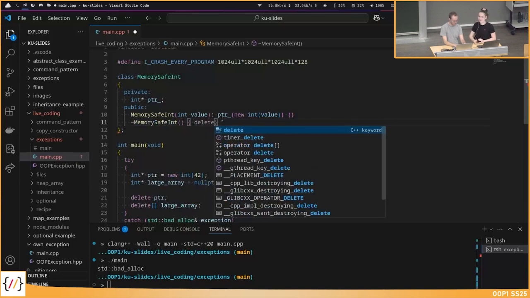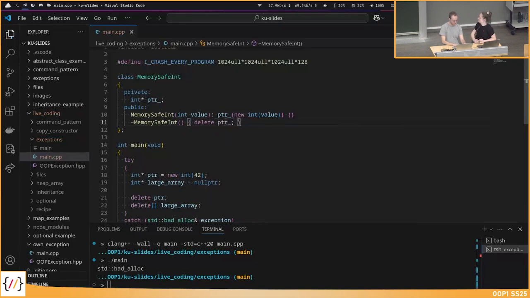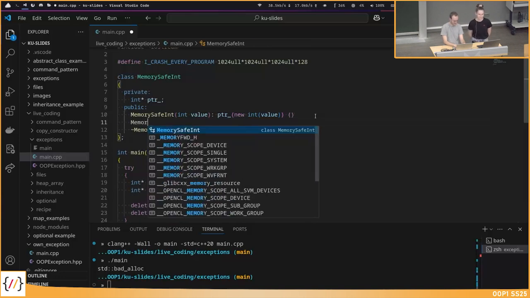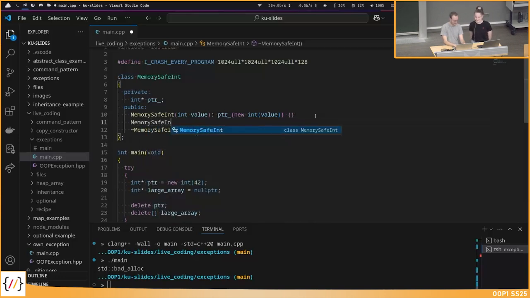Maybe again a question to you. We are implementing a destructor now. What do we have to do? So we implemented this destructor in this class. Is something missing? Yes? Yes, delete the copy constructor. And in the future, you need to handle some third case that we don't know yet.